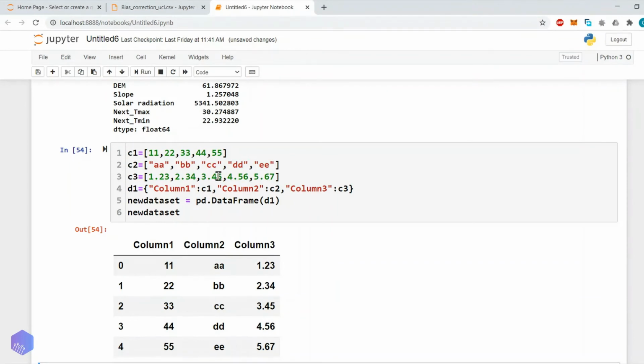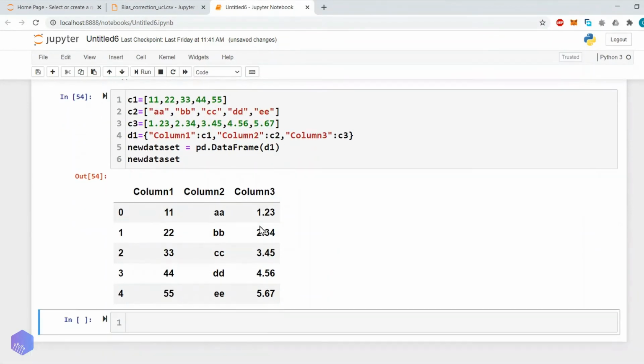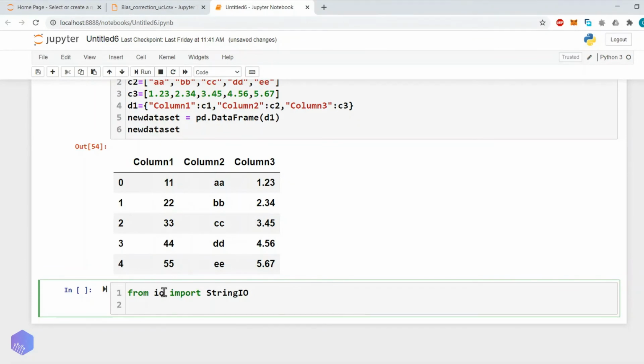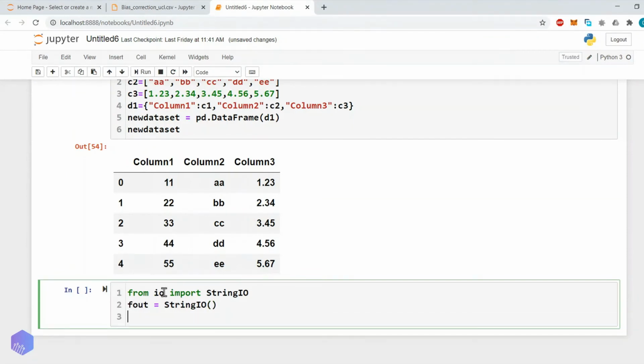Now let's say you want to export this new data set that we have created. For that you can do one thing: from io import StringIO, and then file output equals StringIO. This is a function.